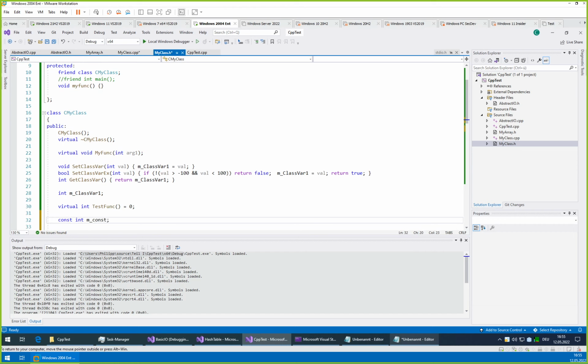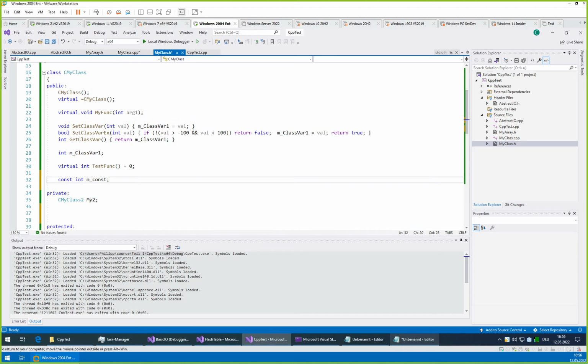Of course, if you do a cast on a non-const int and then try to change it, then sure. But these are things that you do consciously. So you will not by accident take a reference on an int, cast it to a non-const int, reference it again, and then assign a value. That needs intention. While just accidentally assigning something to a const variable, if it's not const, that could easily happen. So that is one thing.